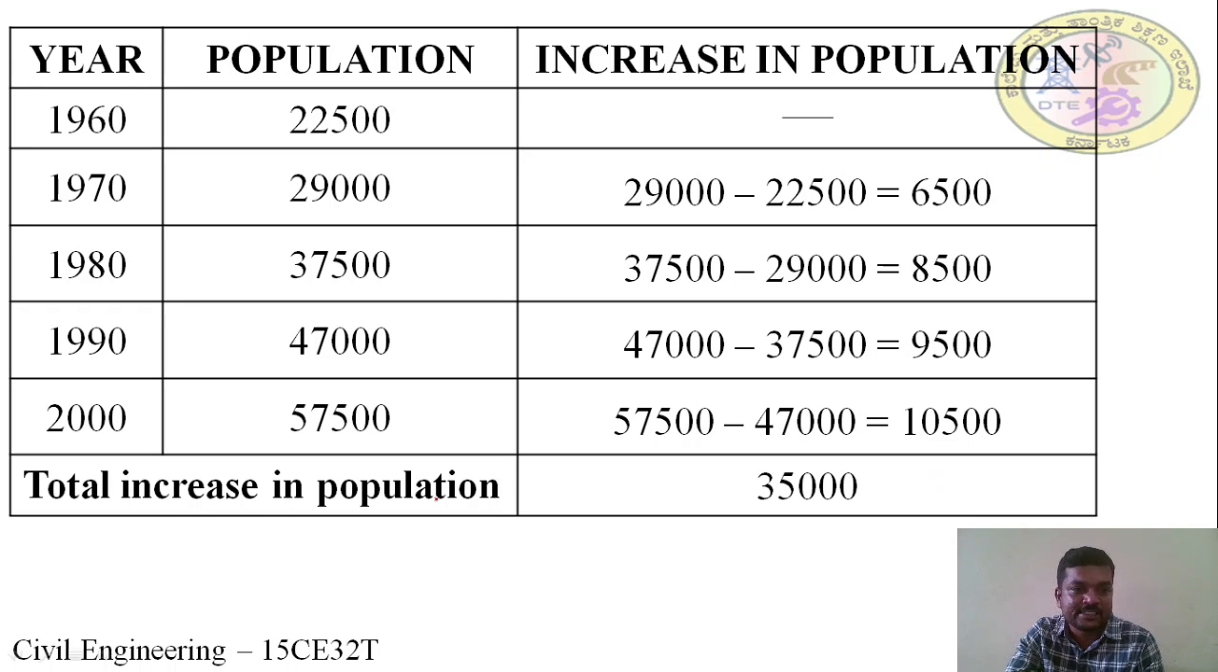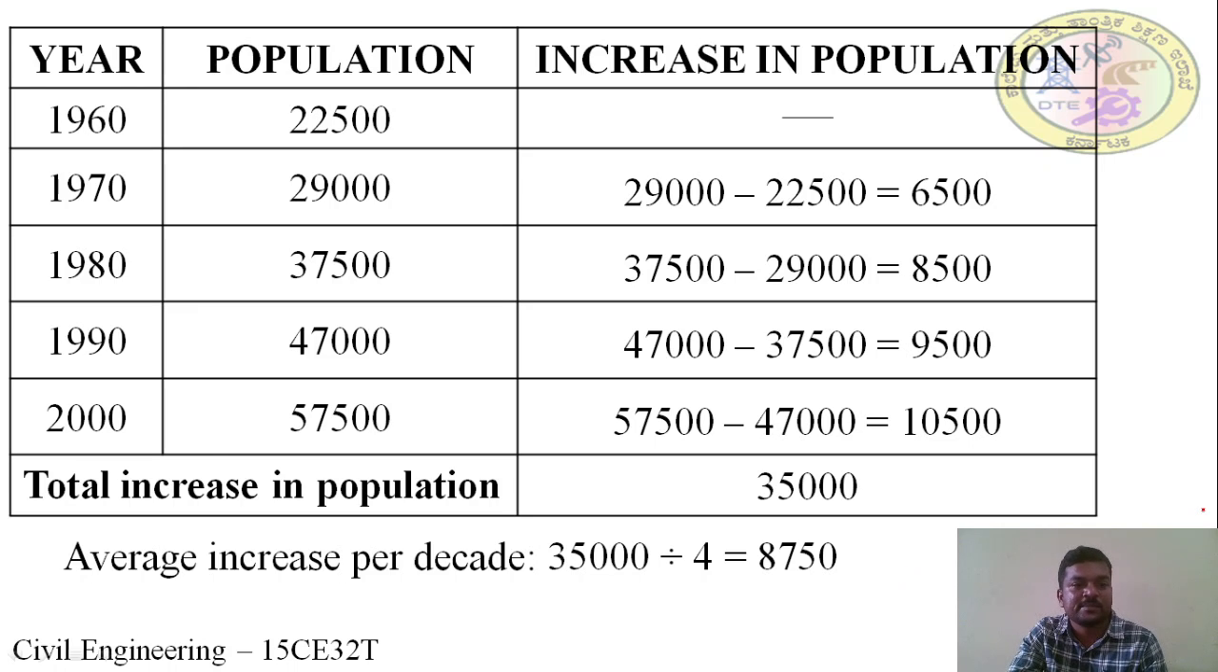Here the total increase in population is 35,000, divided by the number of decades, here 1, 2, 3, 4. A decade is a 10-year gap, that is 1970 minus 1960 is equal to 10 years, that is one decade. Here 1980 minus 1970 is the second decade, 1990 minus 1980 is the third decade, 2000 minus 1990 is the fourth decade. So the average increase per decade is 35,000 divided by 4, which works out to be